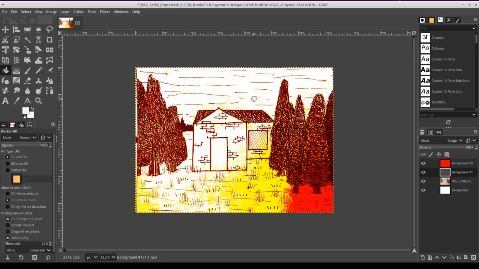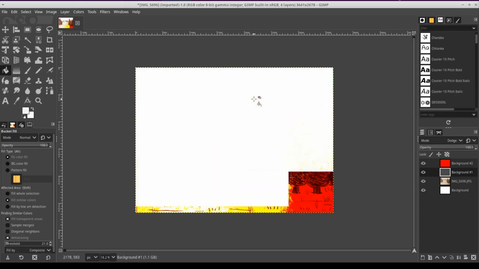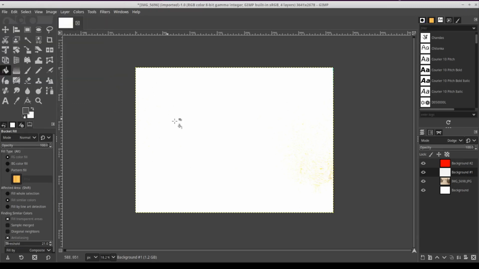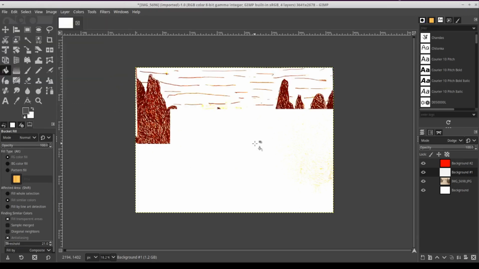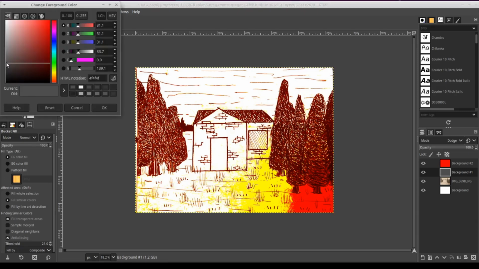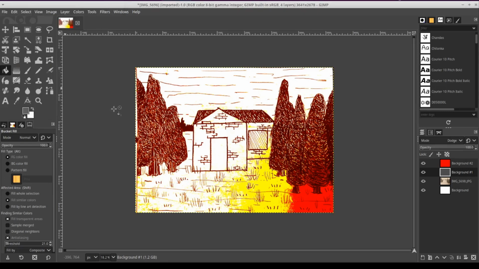And you might be wondering, why don't you just pick a super light color like white? And the problem with that is that if you pick a really light color, everything will disappear. So you need to find a proper balance between a color that is dark enough to keep the line art on the paper and a color that is light enough to make the paper color go away.